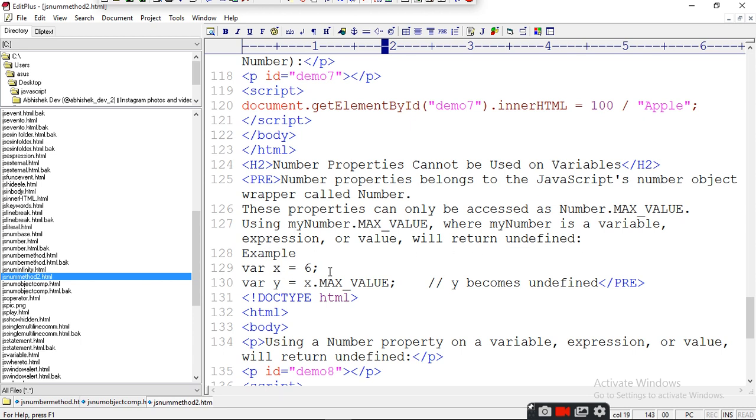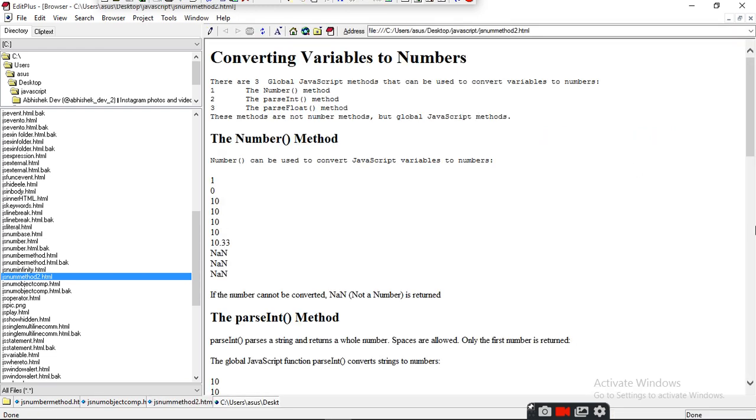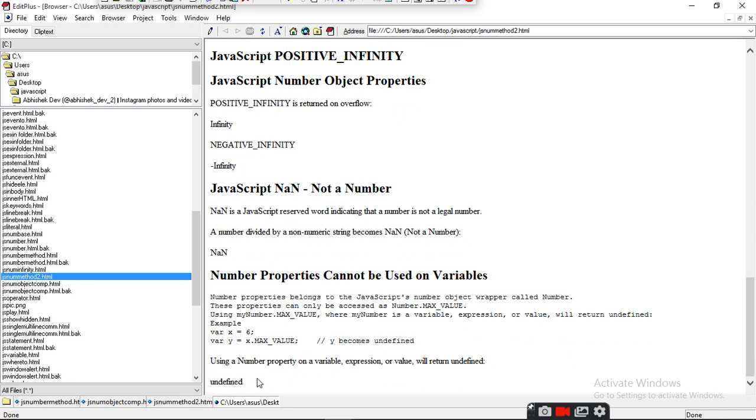So when I write x equals 6, y equals x.MAX_VALUE, it will give you undefined, because you cannot use it as a variable. When you write innerHTML x.MAX_VALUE where x equals 6, it will give you undefined. Let's see. It will give you undefined.